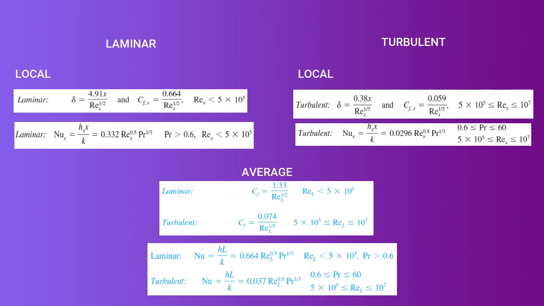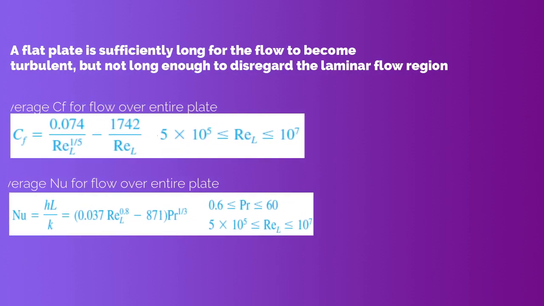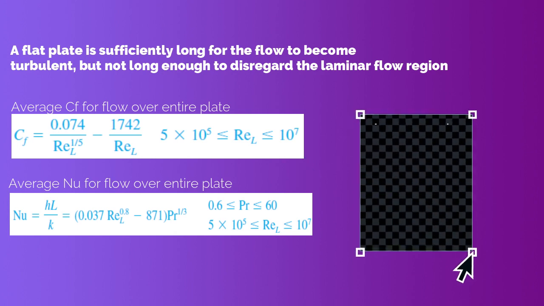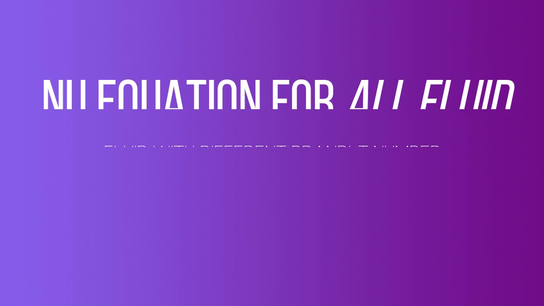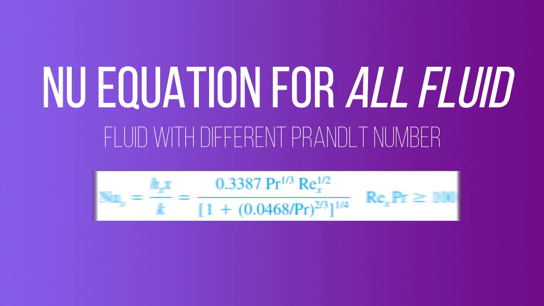The equations are further divided into local and average. The equations also take into consideration the flow condition when both flow regimes exist together, whereby, due to the length of the plate, the flow is turbulent enough but not enough to neglect the laminar flow. To make up for fluid with different Prandtl number, for example liquid metal like mercury, a Nusselt number correlation is formed, which is